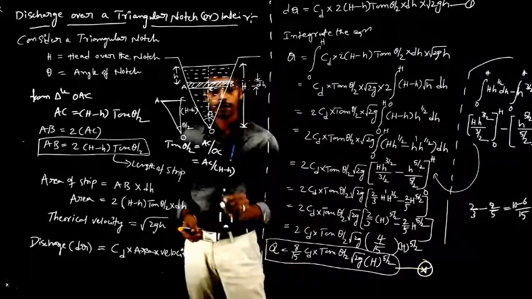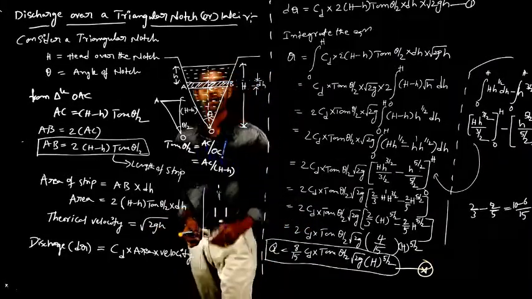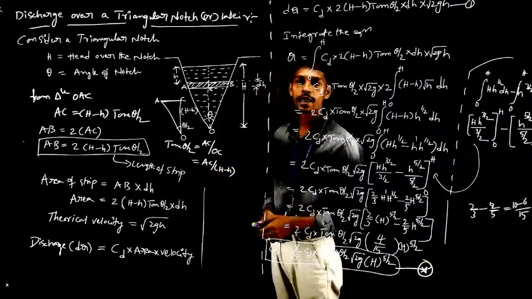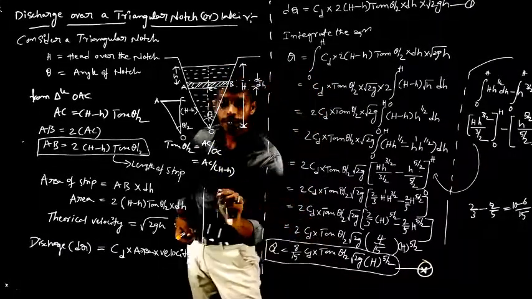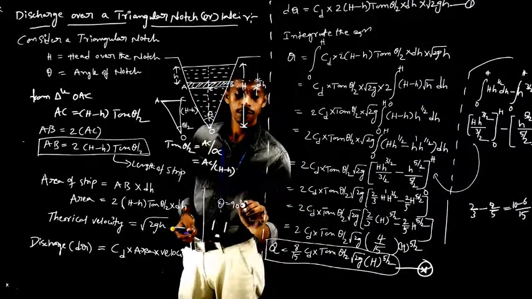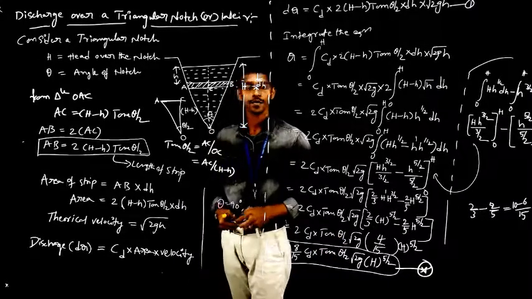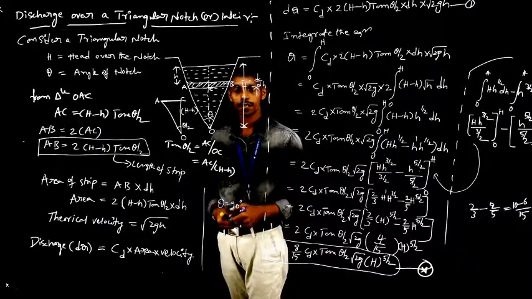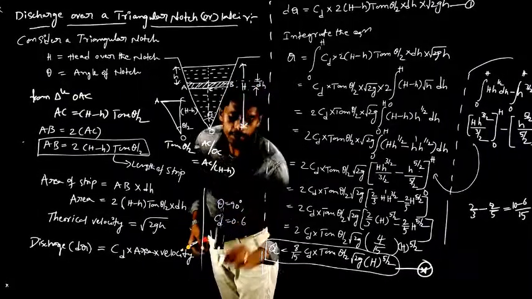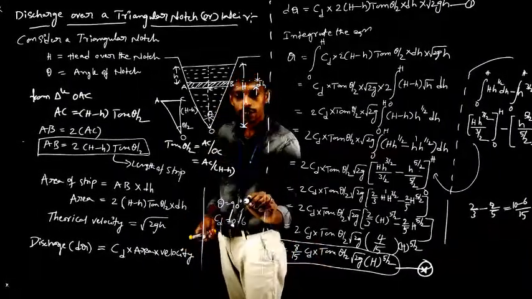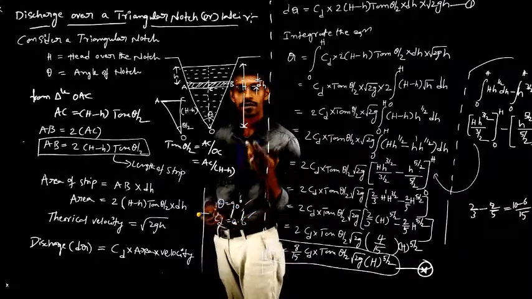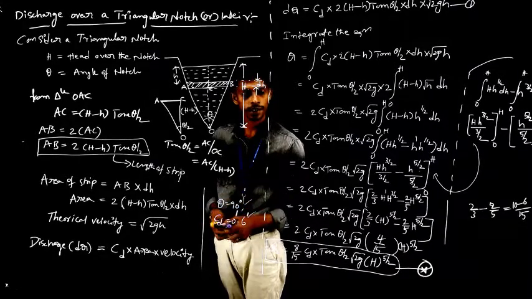Okay, so I have one constant value here. If this theta is 90 degrees, that means if this notch is a right angle notch. Okay, so if theta value is 90 degrees, what about the tan theta by 2 value? You will get the tan theta by 2 value as 1, right? And take the CD value as 0.6. Okay, so these two are the thumb rules, that means these two values are given for a right angle notch and the CD value 0.6 is given.